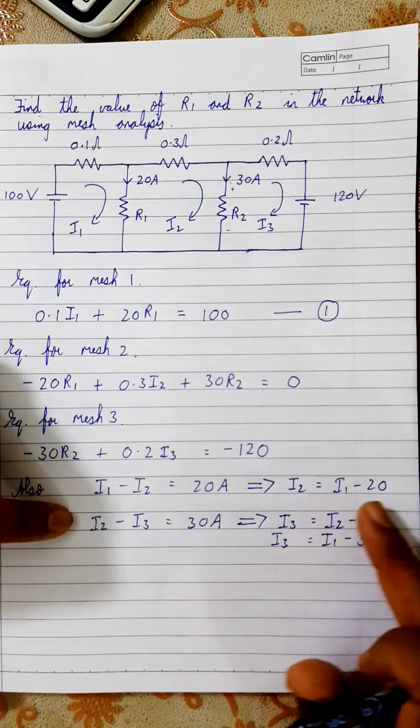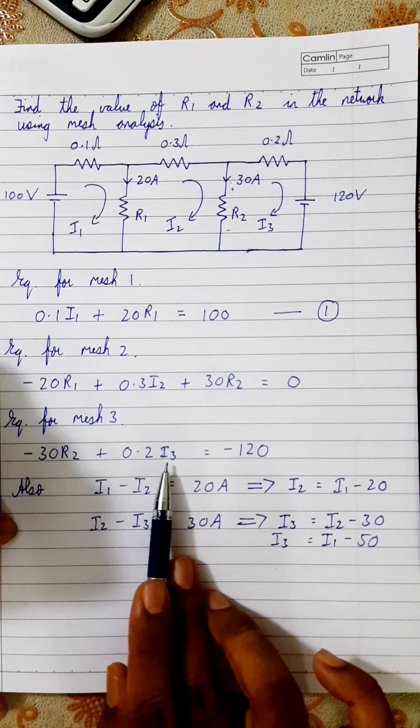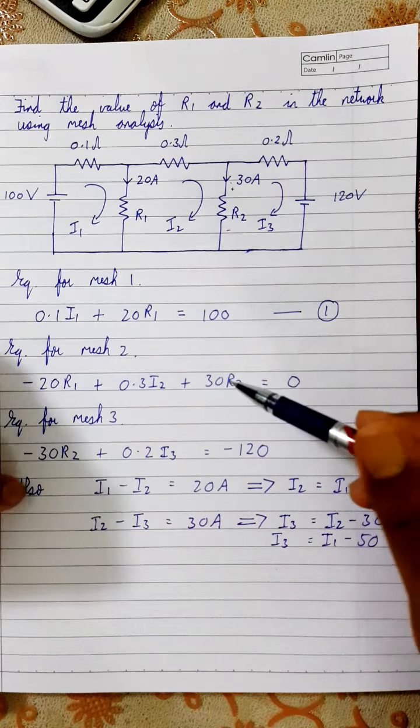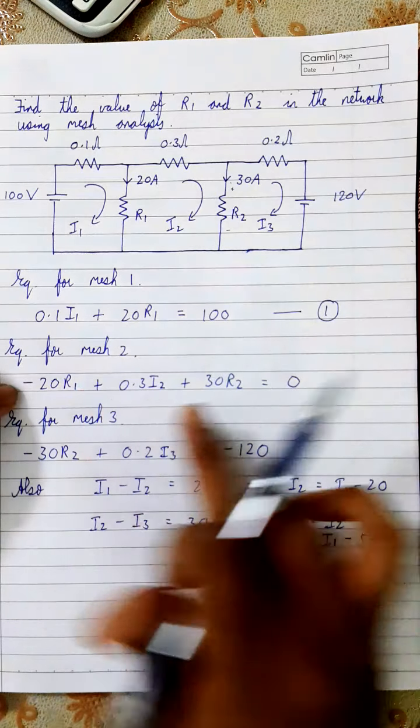I2 is equal to I1 minus 20. So in this equation I am going to substitute I2 as I1 minus 20, and in this equation I am going to substitute I3 as I1 minus 50. So basically these three equations will have only I1, R1 and R2. This is how I am going to simplify the equations. So which means this equation,